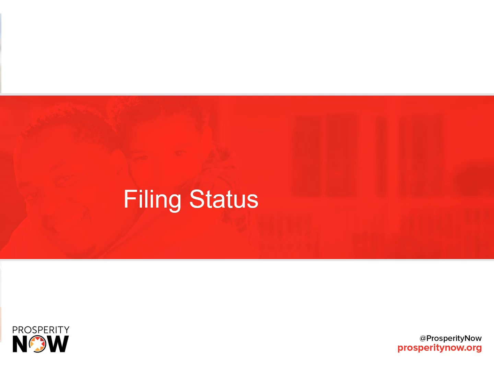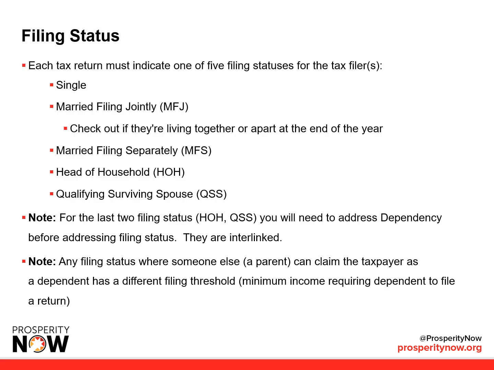So, what is your filing status and why does this matter? With taxes, these filing statuses determine the rates for everything that you file on your return. Let's go over the statuses and the differences between them. On each tax return, taxpayers must choose one of the 5 filing statuses: single, married filing jointly, married filing separately,